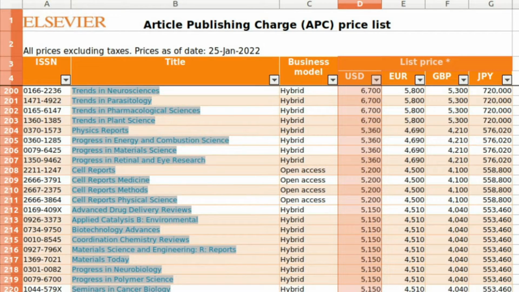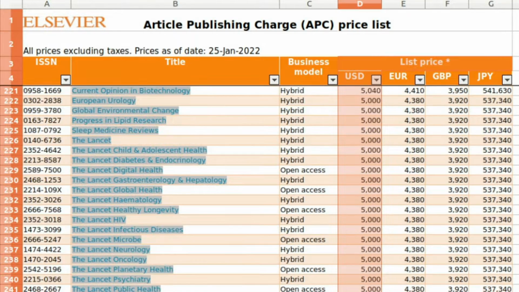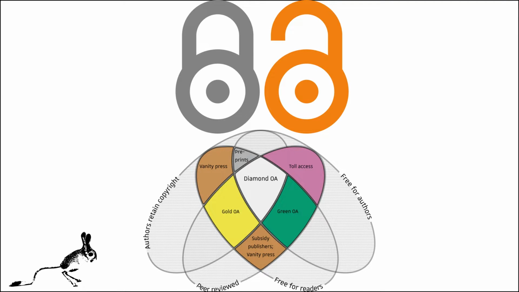Knowing the history of academic journals, published by for-profits and not-for-profit organisations, let's talk about open access and open science. Open access of science is the ability for free reading and sharing of research papers. There are many types balancing four pillars: free to read, free to publish, peer review, and authors retaining copyright. For example, in Diamond Open Access, authors retain the rights to their published work. It costs them nothing and costs nothing to read, and the work is peer reviewed.